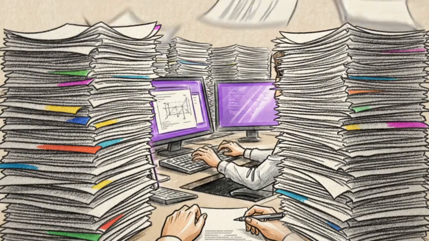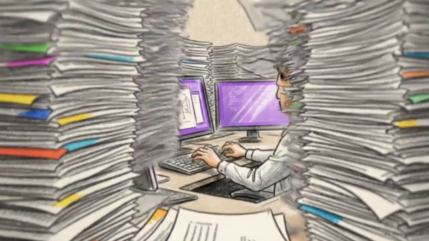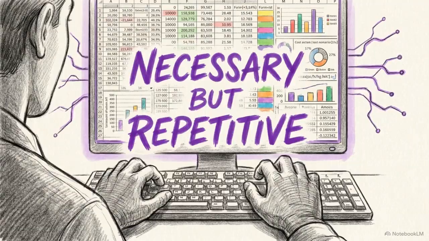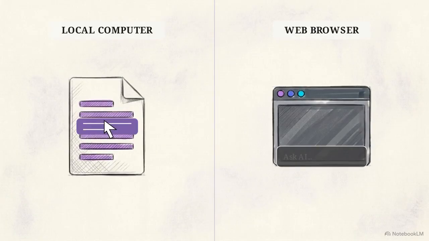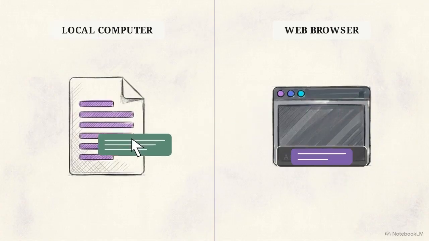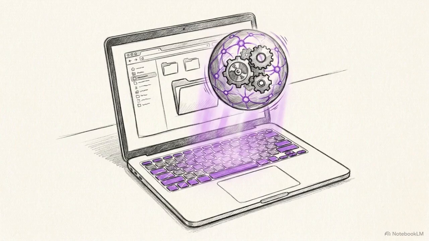The average knowledge worker spends 60% of their day on formatting, compiling reports, and organizing files. It is necessary work, but it doesn't require your specific cognitive abilities. Standard chatbots require a lot of manual work, copying text, pasting it into a prompt box, and then copying the answer back out. A desktop-integrated AI reads directly from your hard drive and builds actual files, while you focus on